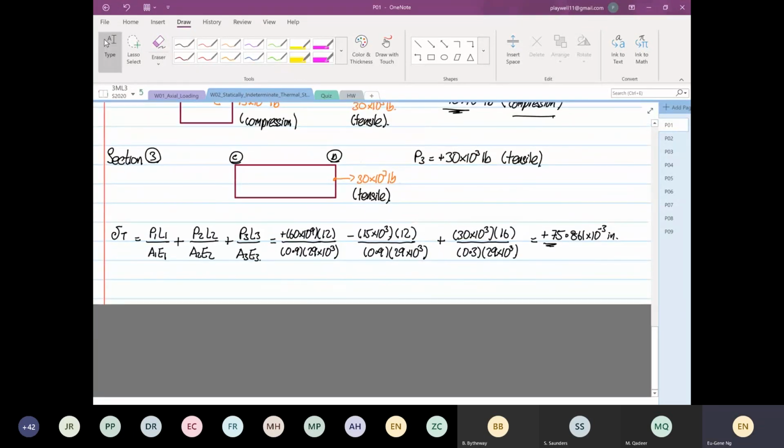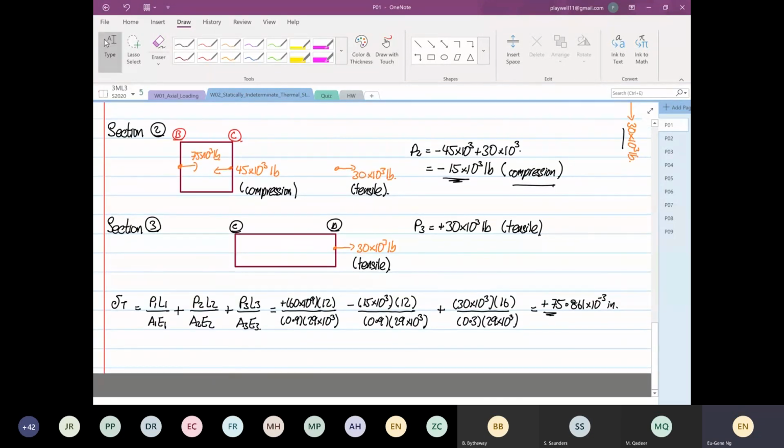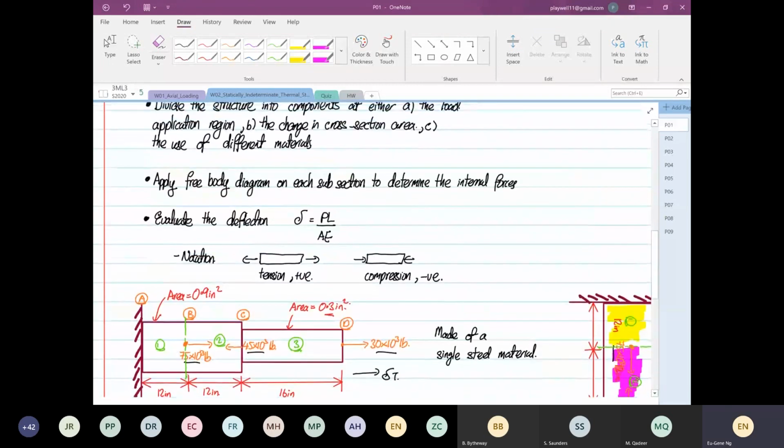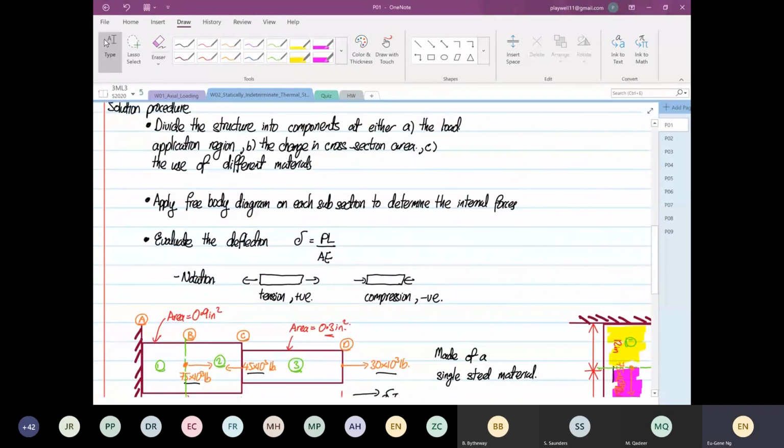It's pretty straightforward. The only difficulty is what section considers what load. Okay, and that's based on the hangman. So to summarize on this example, the first thing we'll do, you divide